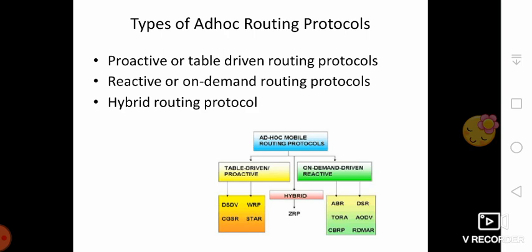Then under the on demand driven reactive routing protocol. So reactive routing protocols are also called on-demand routing protocols. In this type of routing protocol, each node determines the routing path whenever it is ready for transmitting data to the other node in the network. So unlike the proactive routing protocol, no node maintains a routing table. So routing paths are discovered only when required, on demand. To find a route, the sender node has to broadcast route discovery control messages to neighbor nodes until receiving a reply